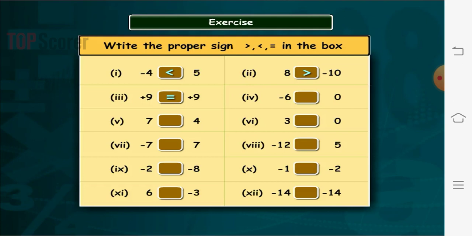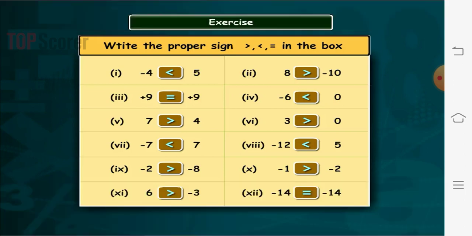Now fourth one is negative and the other is 0. As we know that 0 is always greater than any of the negative numbers. Now here both the numbers are positive. So 7 is the bigger. Now 3 and 0, 3 will be bigger. So children, similarly you can solve the rest of the examples of the exercise. 6 and 3, 6 will be greater, and when both the numbers are negative and the same, it will be equal to sign because both the numbers have the same sign.